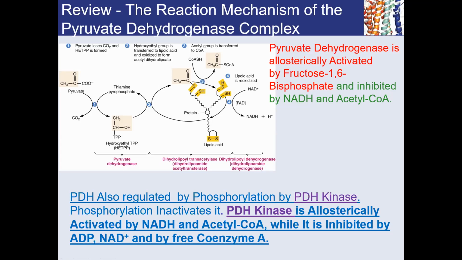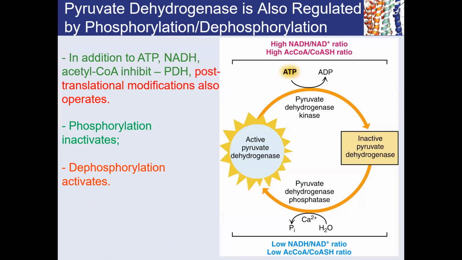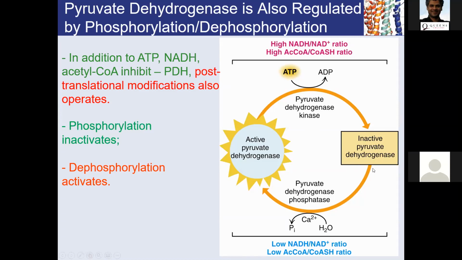Okay, so this is something that you are used to seeing in this class, and I hope you are enjoying it. So that's what you are seeing in this slide. Active pyruvate dehydrogenase is on the left-hand side, the sunny side, and the inactive form is on the right-hand side. It's the pyruvate dehydrogenase kinase that will phosphorylate it and make it into the inactive form. And there is obviously pyruvate dehydrogenase phosphatase on the other side that will remove the phosphoryl group and make it fully active.